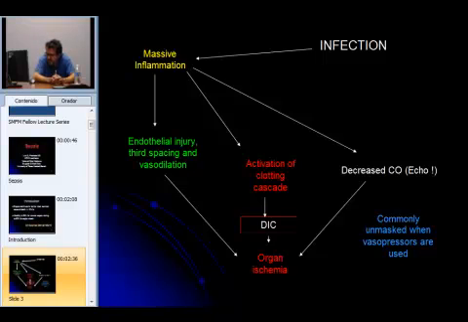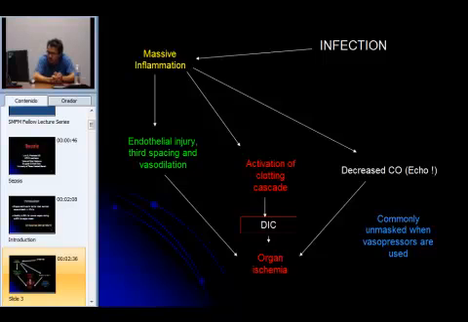So your blood pressure is going to drop because of the drop in systemic vascular resistance. And all the fluid that you give, which you have to give, unfortunately is going to third space, more or less, depending on the severity of the disease. And this is why patients actually require massive amounts of fluid initially when you treat them. That diffuse endothelial injury